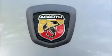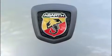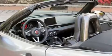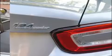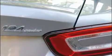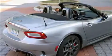Associate editor Reese Counts said, "I wasn't sure how I was going to feel about this car. The current Miata is nearly flawless when it comes to driving dynamics, so I was afraid Fiat's alterations would undermine what is a fundamentally good vehicle. My fears were almost immediately put to rest. While I'm still not sure I would buy one over a Miata, I can totally recommend it to less performance-minded friends. The suspension is less firm and provides less body roll than the Miata, the latter one of my chief